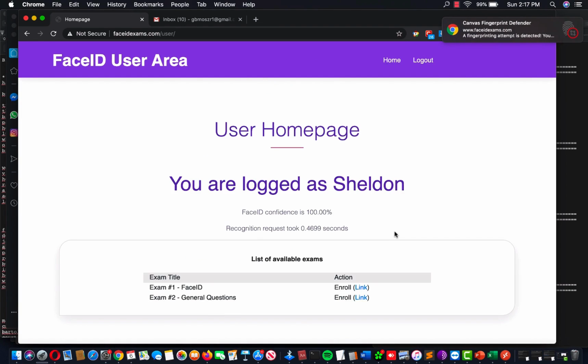Basically the system gets to recognize the user, and it brings out the user's name, which is Sheldon, and it shows the Face ID confidence, which is 100%. The Face ID confidence basically talks about how accurate it is at recognizing the user. And it's also showing the request time. This is in seconds, 0.4699 seconds, just to show the accuracy and the speed level of